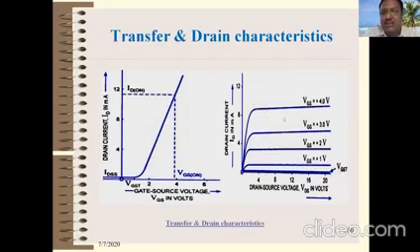So exactly why the saturation occurs is explained in the previous video. If you see that the voltage VDS increases, what happens? The depletion layer at the drain increases, which will decrease the effective width of the channel, so that the current decreases. And after that, at a particular value, called the pinch off value, the current becomes constant.